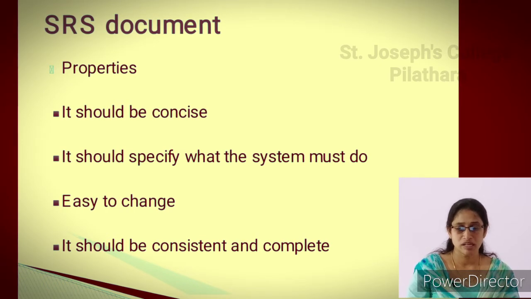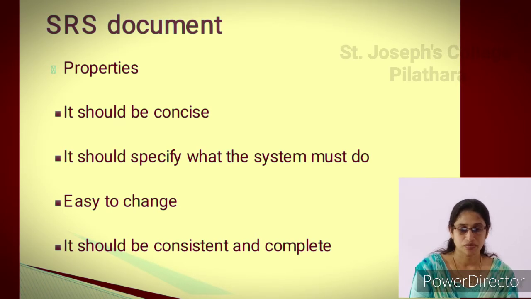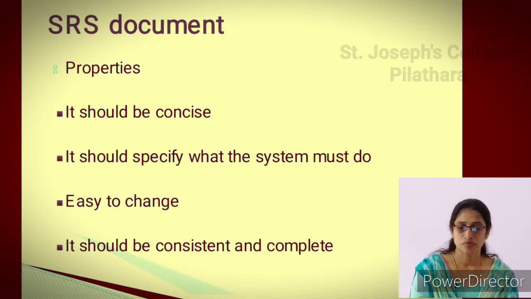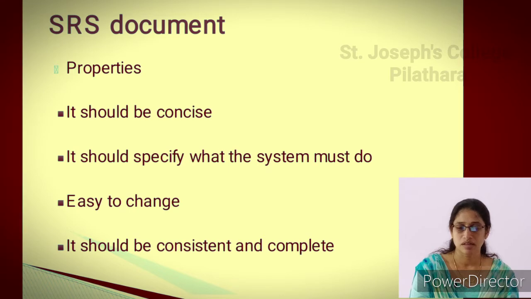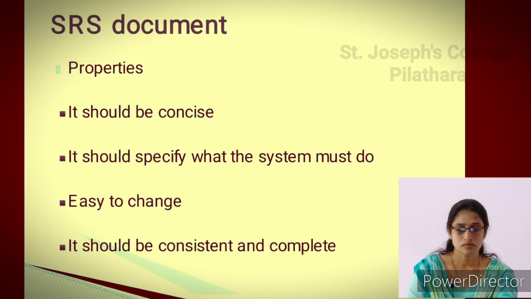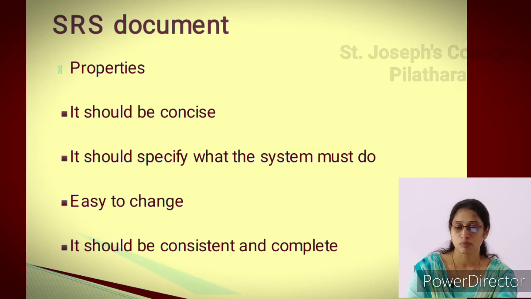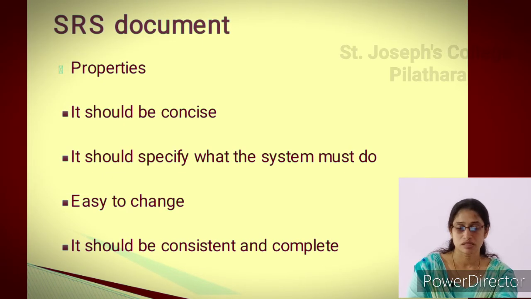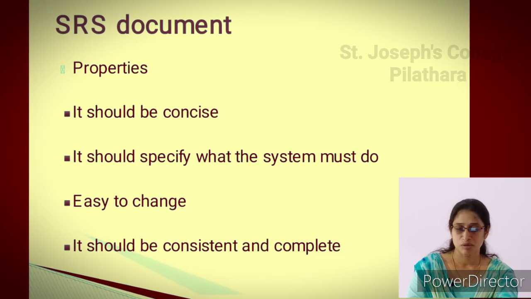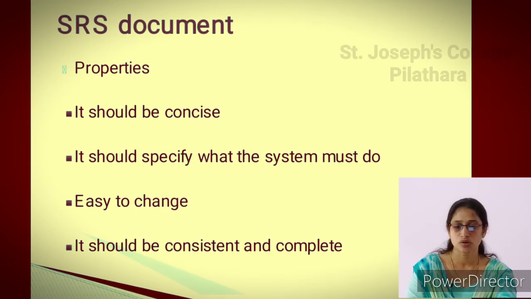It should be easy to change, that is, if some functionality changes, we should be able to change it very quickly. But how do we ensure that it is a document that is easy to change? For that we have to structure it well. If you want to change one functionality, we need to change it in one place, and should not have to change in multiple different places. A good SRS also should be consistent. Different functionalities represented in the SRS document should be consistent and complete, and also it should be traceable.